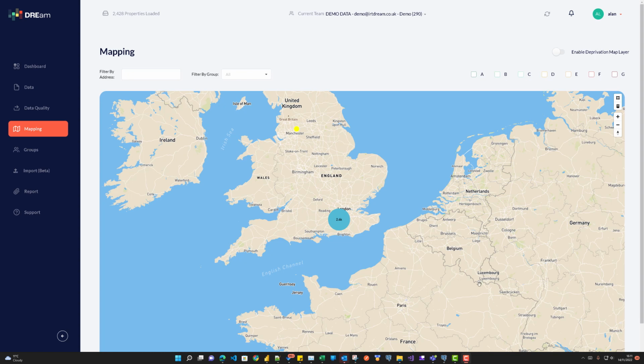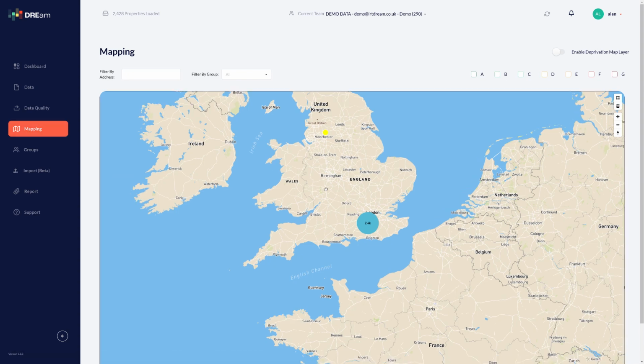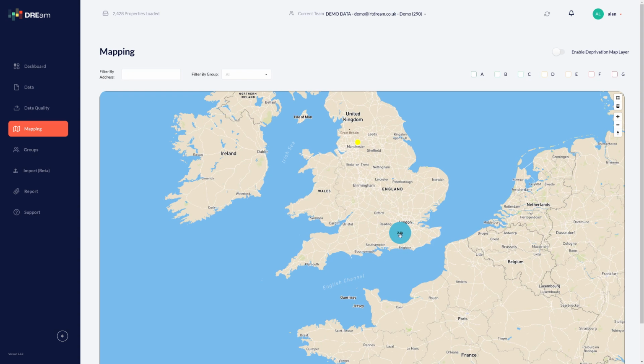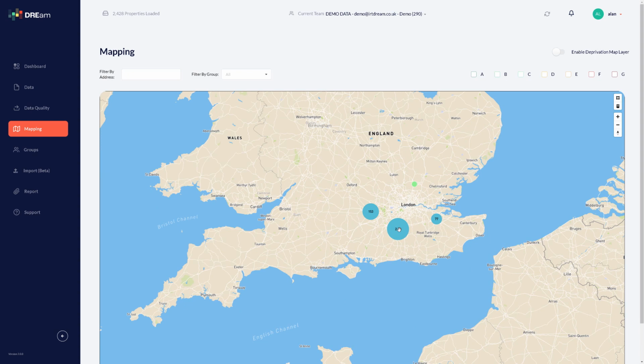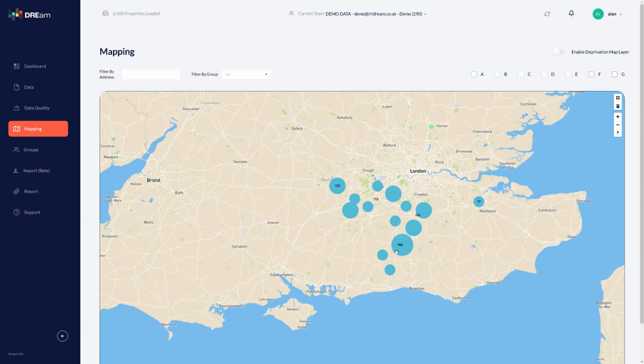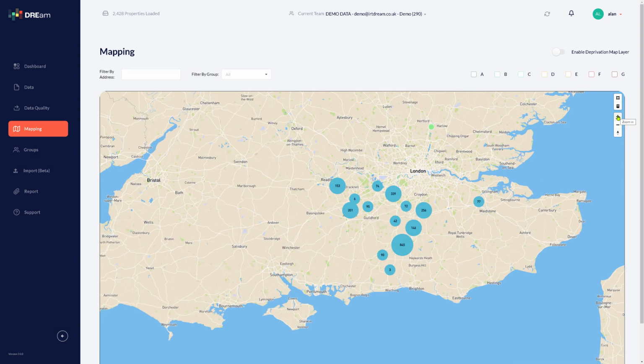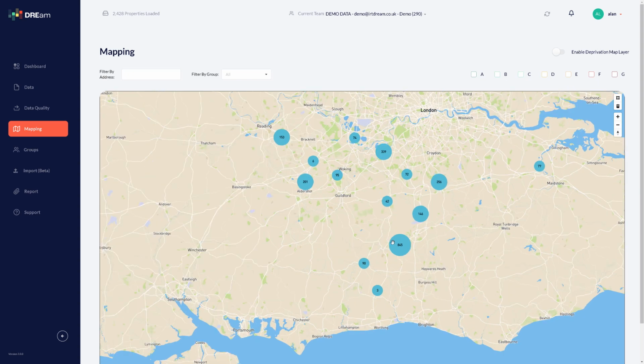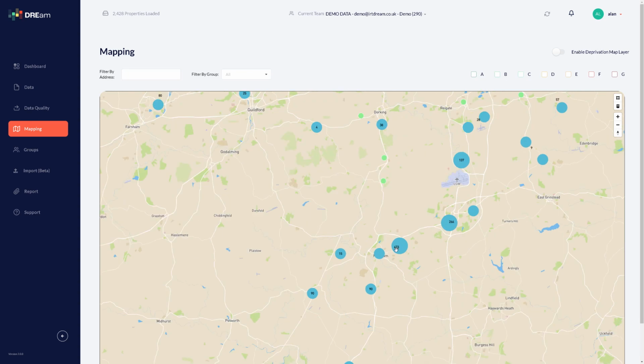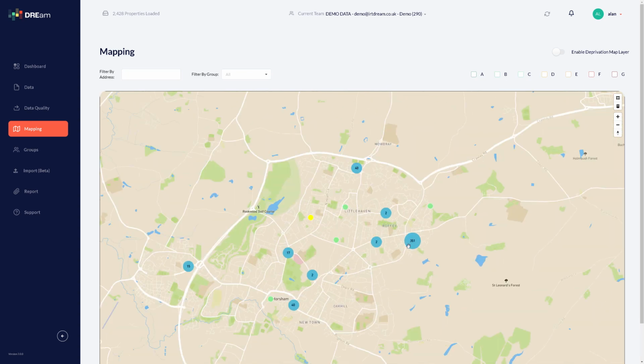The DREAM mapping page can be accessed from the left-hand menu, fourth item down, under Mapping. When you click the page, the map will load, and at a high level you will be able to see the location of the properties and the number of properties in that area. As you zoom in, either by the scroll button on your mouse, the plus button here, or the plus button on your keyboard, you will see more and more definition of where the properties lie, and as we zoom in